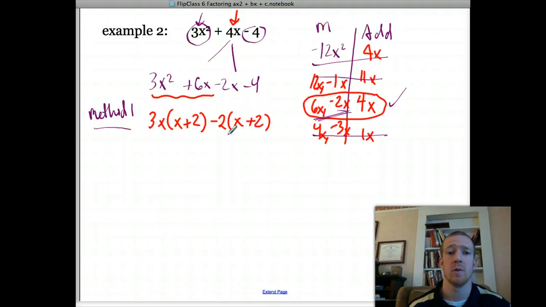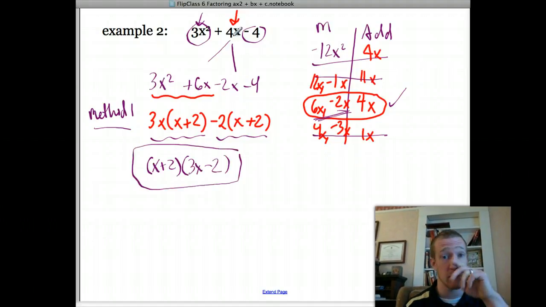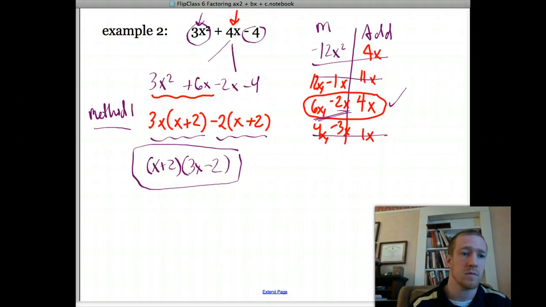And now, just as before, we can factor out or undistribute the x plus 2 from each of these terms. So I can take it out of here and divide it out of here. So x plus 2 times leaves me with a 3x and leaves me with a minus 2. That is my final answer. And if I were to check it, if I were to distribute these, FOIL it out, or grid method it out, I would get that back. Now method 2